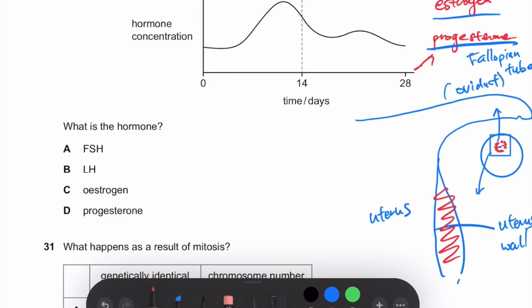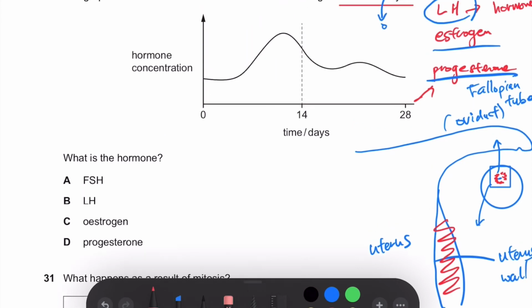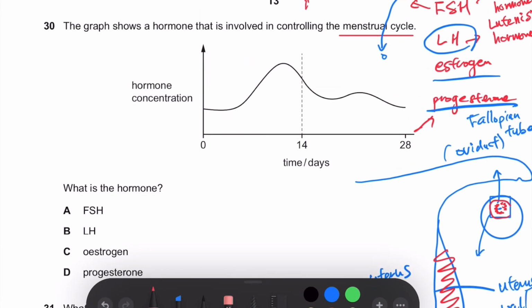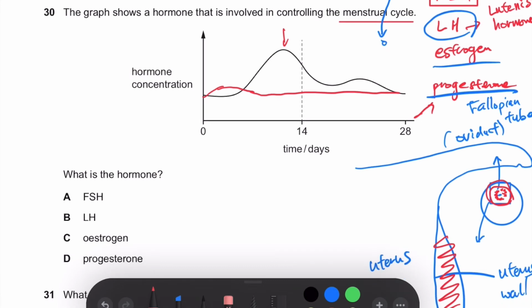So at the start, what happens is the follicle becomes bigger. It needs to get bigger. So FSH is the very first hormone that gets increased. The concentration of it, of course, like this. So obviously, this is not FSH. And then as soon as the follicle cells and the egg become bigger and bigger and get ready for the pregnancy, hopefully,